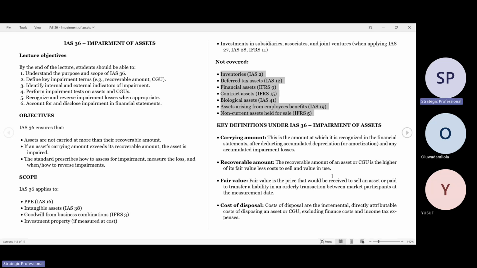When you look at, for example, you guys are accountants, you have seen a company's financial statement. When you go to their balance sheet, which we also call statement of financial position, you will see the amount they put for their assets and their liabilities. Those amounts you are seeing there are what we call carrying amount. I want to believe that you guys have seen a financial statement before. I don't need to project any financial statement, or do I need to?